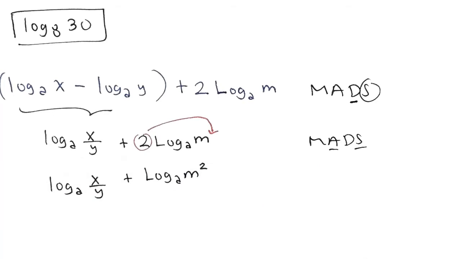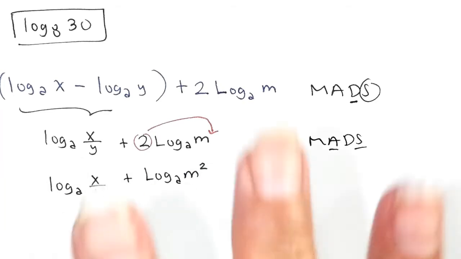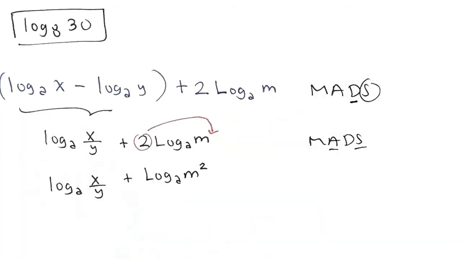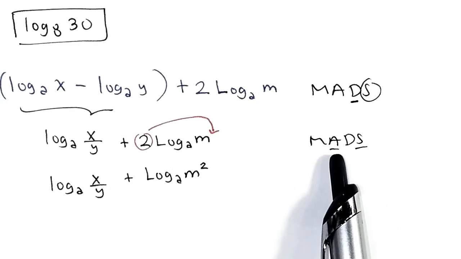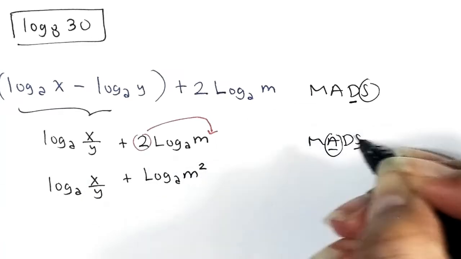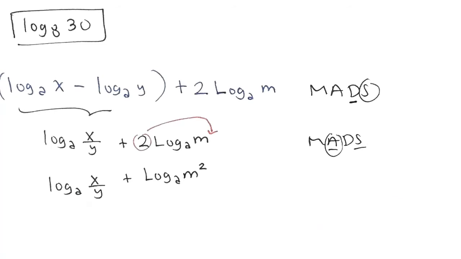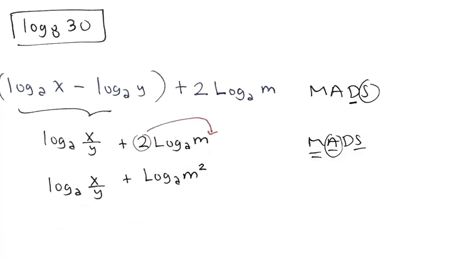Okay, now that the logarithms, sorry for not leveling them up, now that neither of the logarithms is being multiplied by a number, now we can ask ourselves, what is going on with the logarithmic terms? Are we adding them? Are we subtracting them? And as you can see, we are adding them. So if we are adding them, to backtrack to a single log, we are going to multiply their arguments,